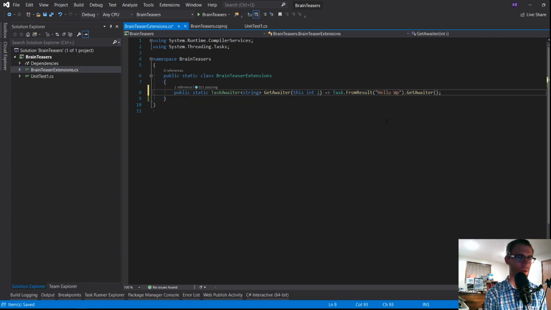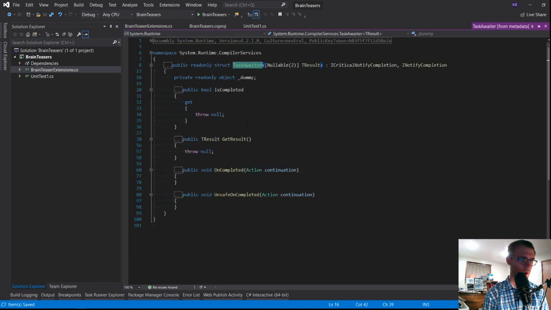Hello world, right? The key part with this GetAwaiter method is you have to return an object that has several other members. There's an IsCompleted boolean, an OnCompleted void method that takes in an action, and there was one more. GetResult is the key one here.